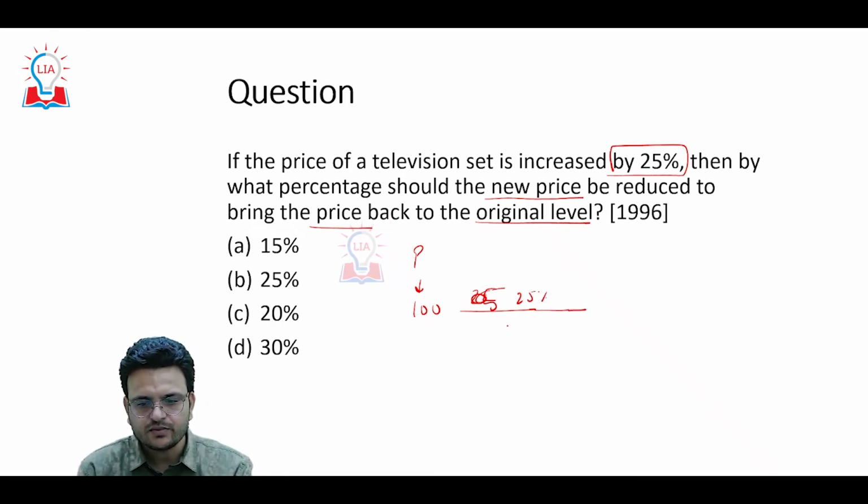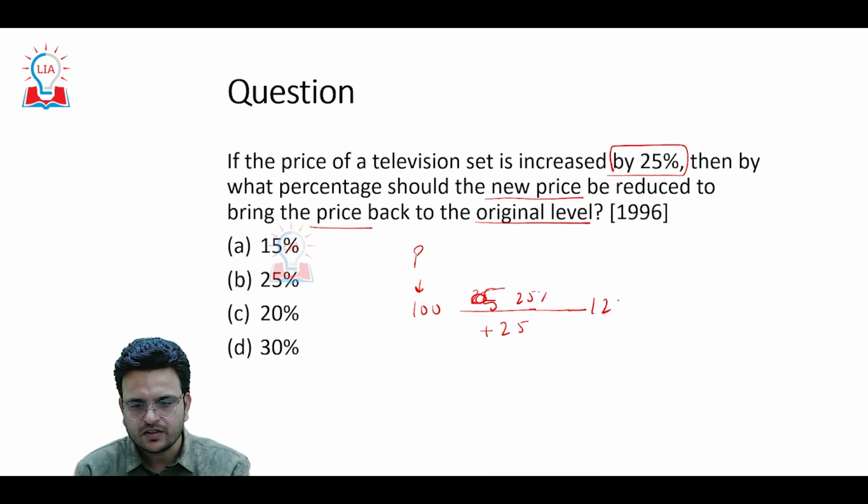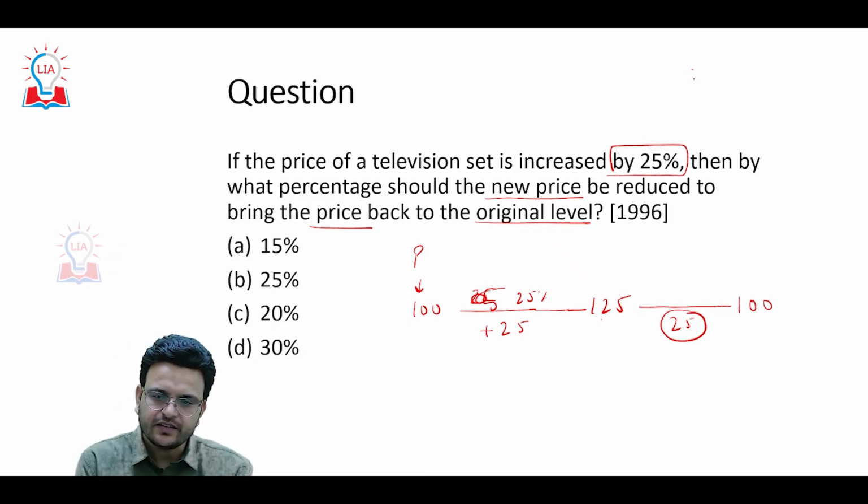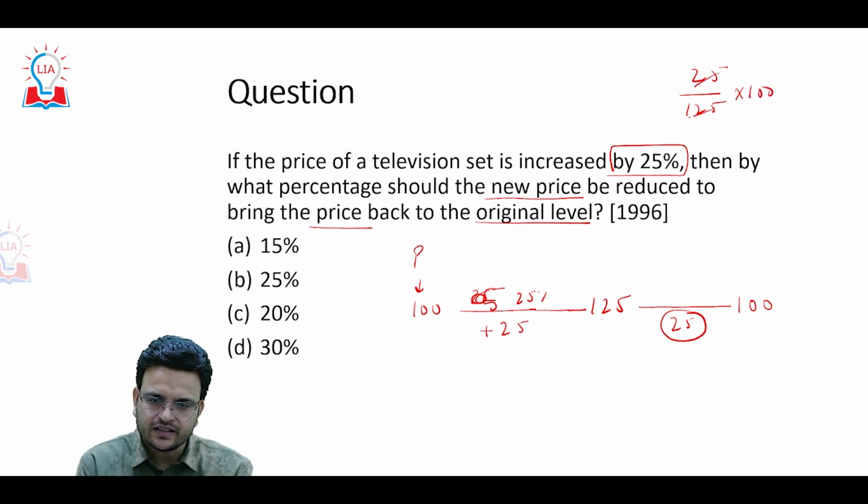When it is increased by 25%, it means adding 25, it becomes 125. Now how much percentage does it have to reduce to come down to 100? So 125 minus 100, that is 25. Okay, so how much percentage? 25 upon 125 into 100, it will be